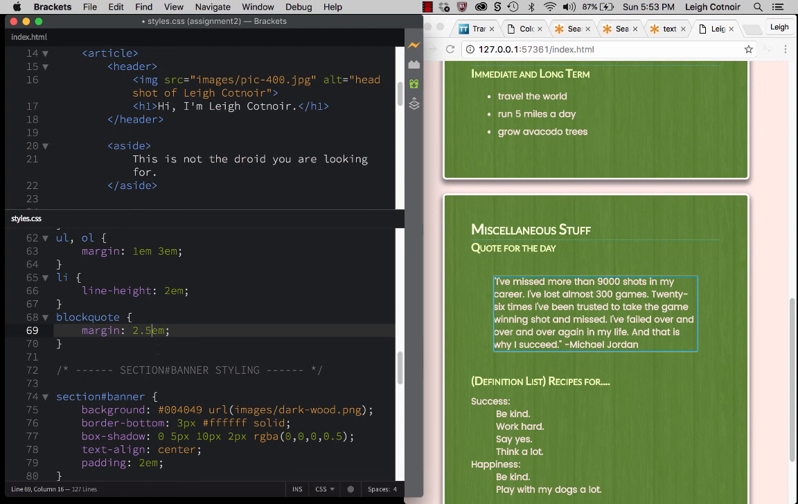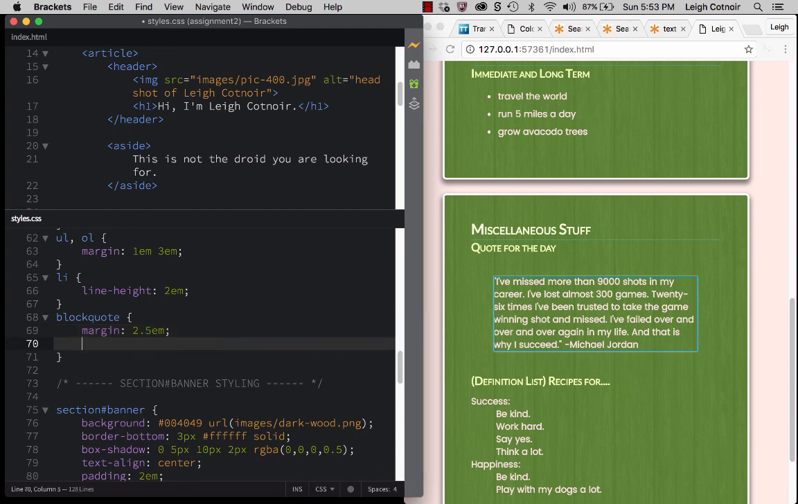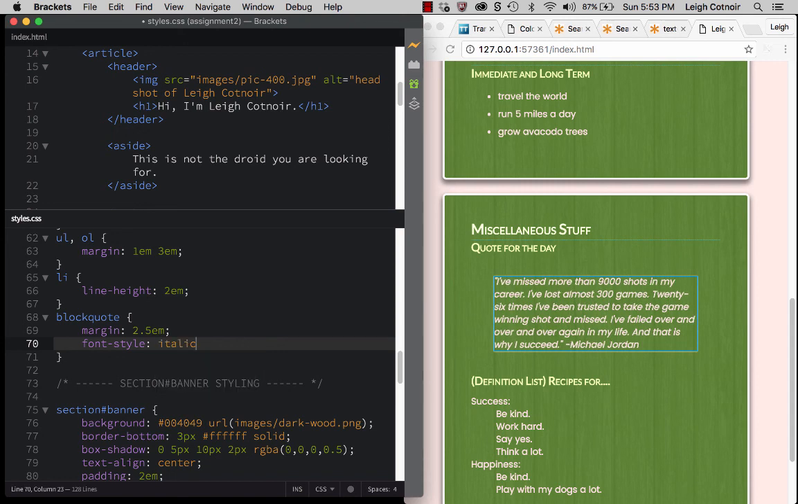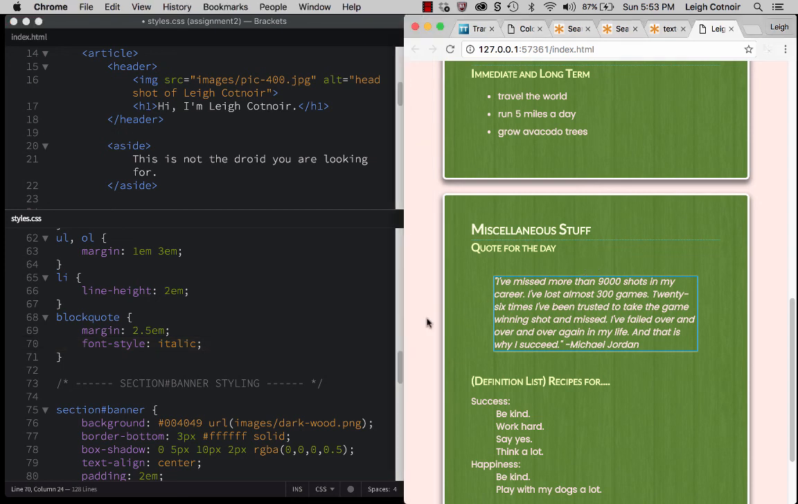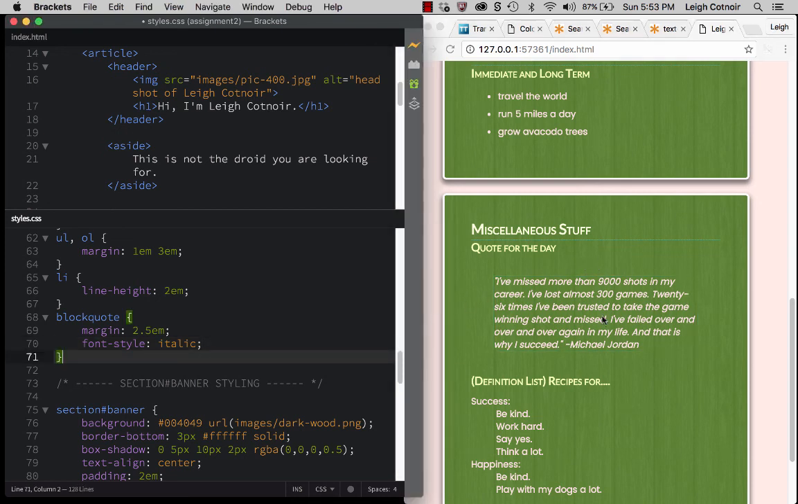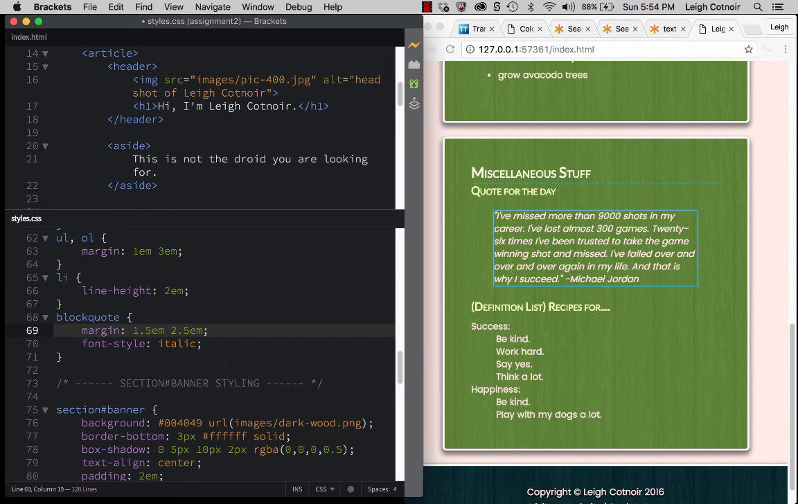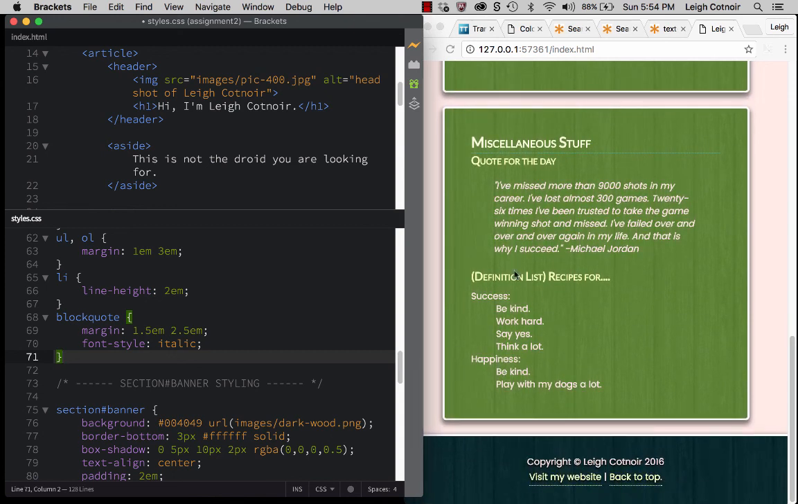Okay. And the other thing that a lot of times I'll do with block quotes is I will make the font style italic, so that it really is set apart in a very significantly different way. Okay, and then you can decide by clicking off of it, kind of look at it and see, all right, well, that's kind of a lot of space on top and bottom. Maybe that's a little bit too much. So maybe for the top and bottom, we'll set it at like 1.5M, and that looks a little bit better. Okay. All right, and then you can come and style the definition lists as well,